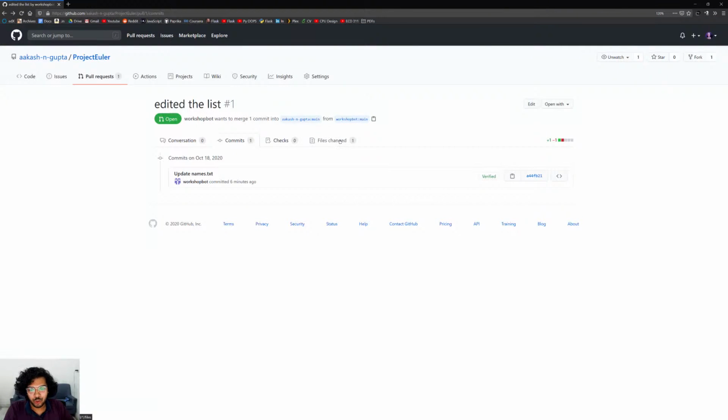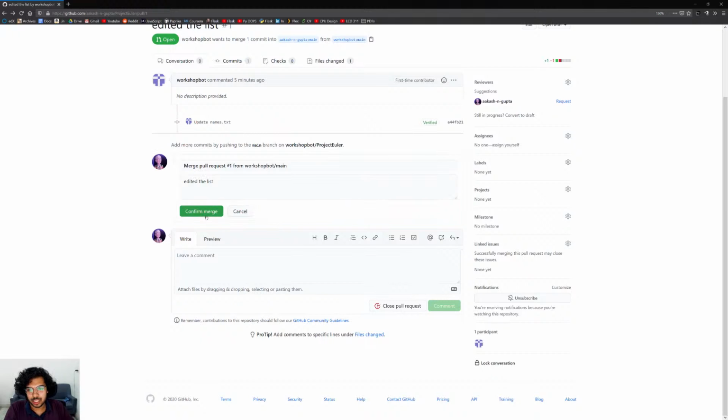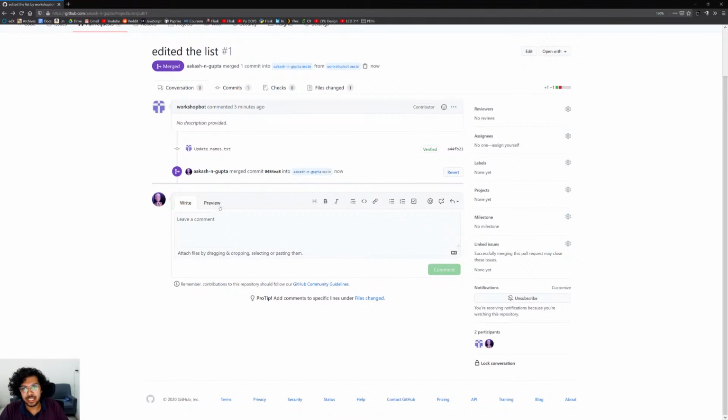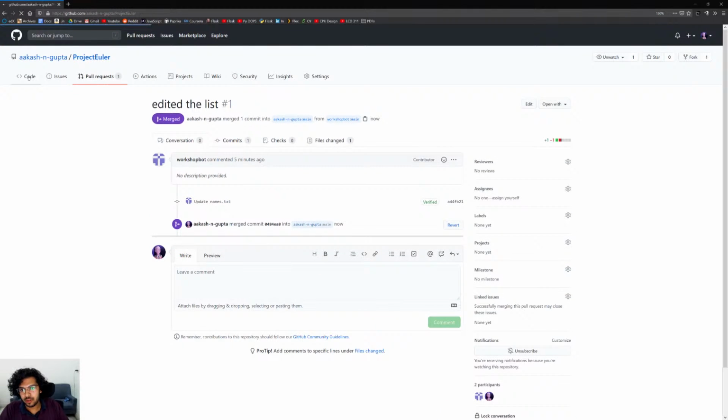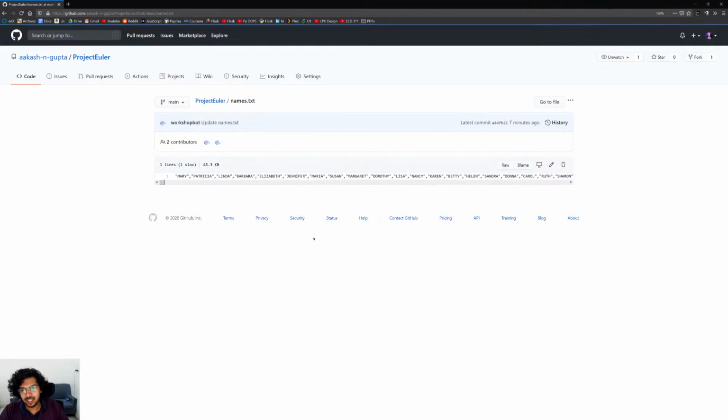So once I've reviewed the files, I can go to conversations and say merge pull request. I've edited the list, so I have an option to change this commit message. And then I can merge this. Now if I go to code and then to names.txt,